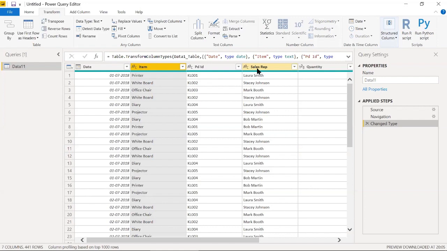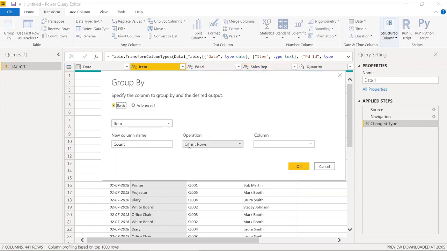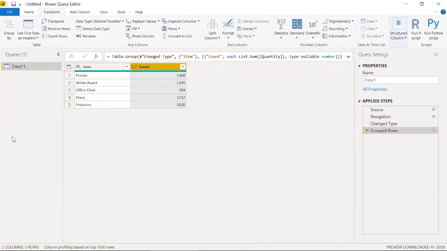Okay, so now item will be total quantity, sum of quantity, and then wait. All right. You want